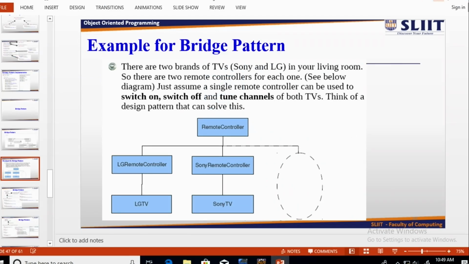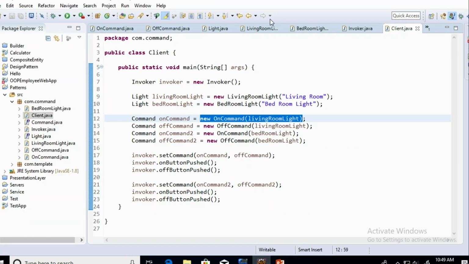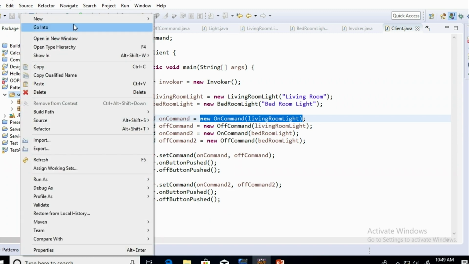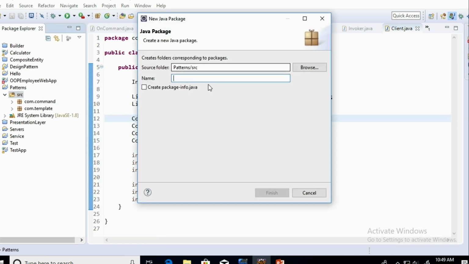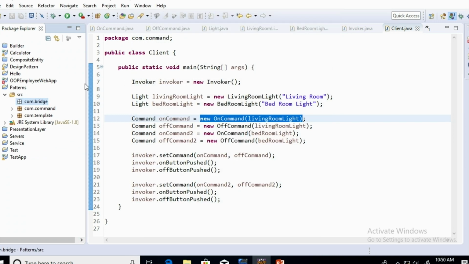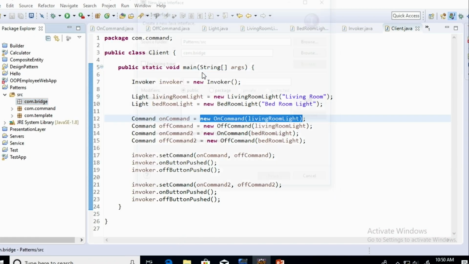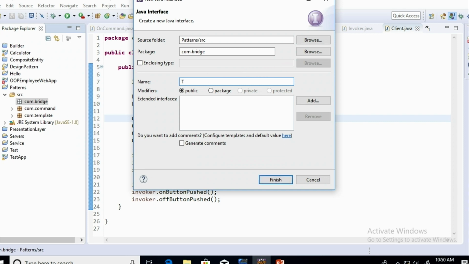So when we implement this, I will create the classes here. You can create a new package. I have to use two separate interfaces. First one is the TV.